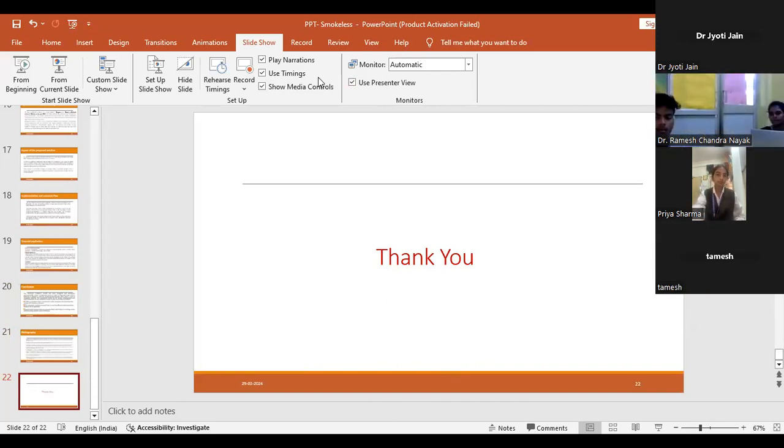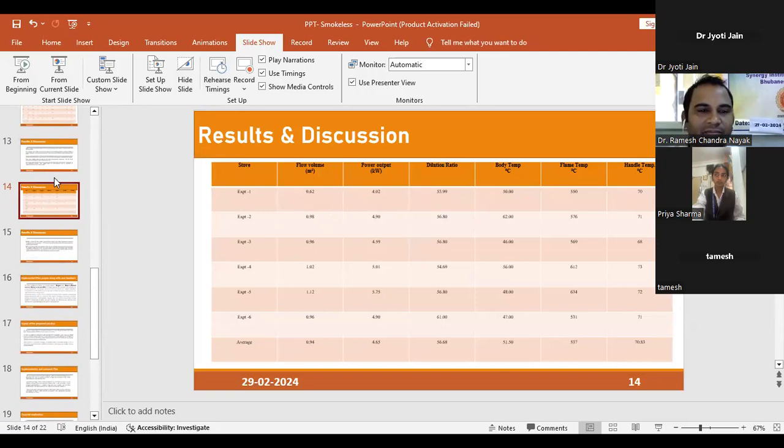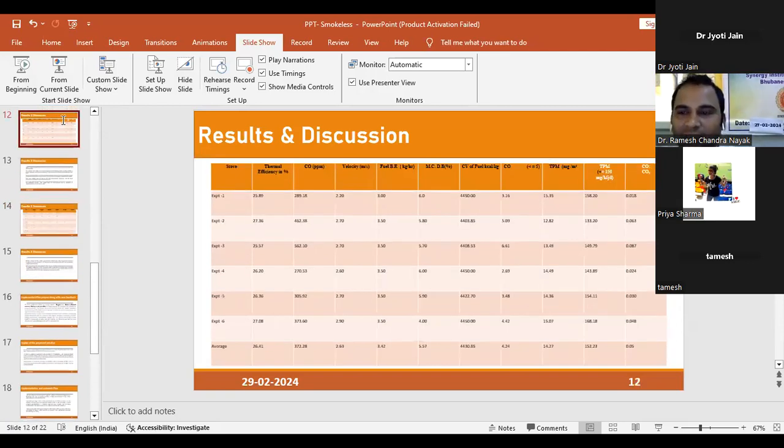This is a very nice presentation. Thank you, sir. I think the carbon monoxide you are working on, sir, carbon monoxide is very bad for the environment. So if you think that there is some more oxygen nearby, then the carbon dioxide will be far better than carbon monoxide. So if you think of the smoke being more black rather than smoke like cigarette smoke, I think it will be better.